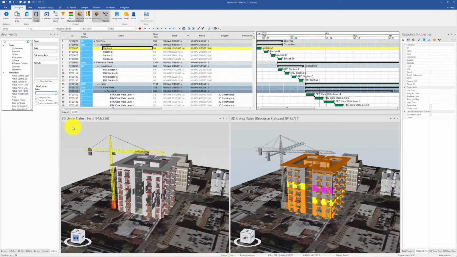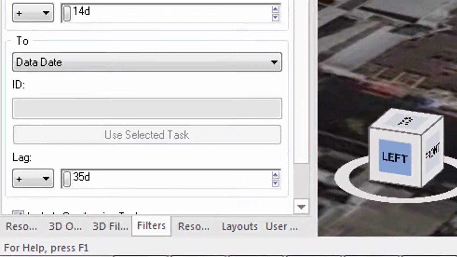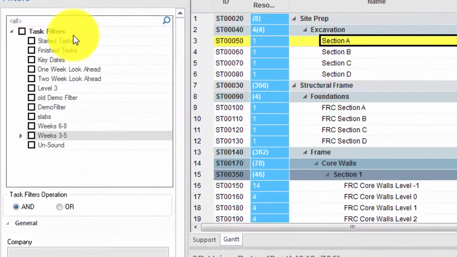This feature is very useful when you want to discuss the schedule of the project with the construction team during a weekly work plan. And the way you focus on these certain look-ahead windows is by using task filters. So here on the left, you can see the filters window